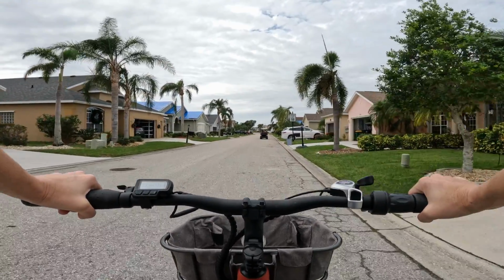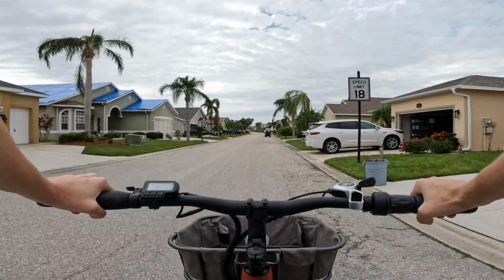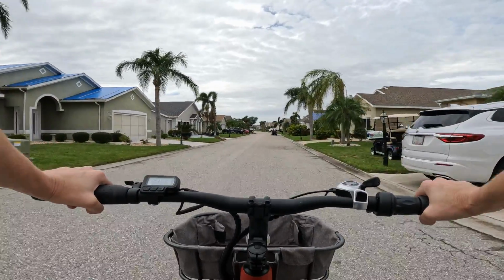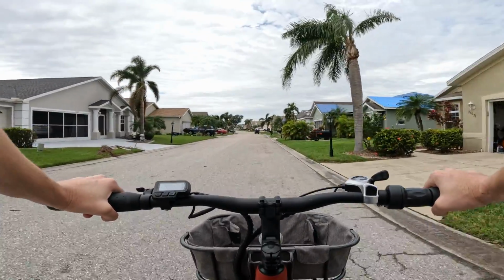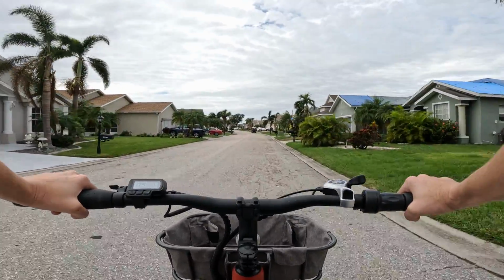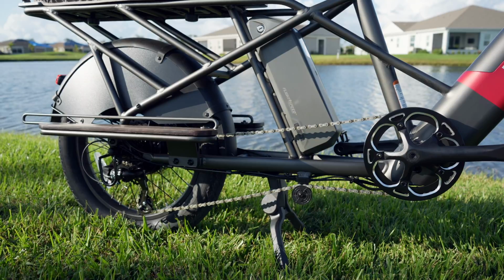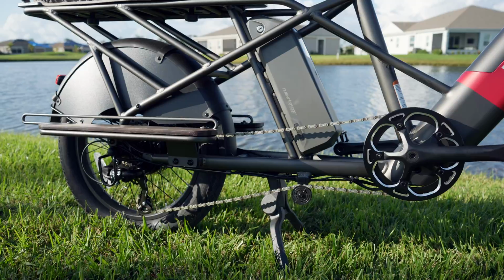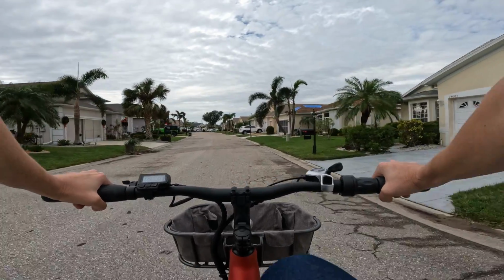I'm on a flat surface. I can definitely feel it in my legs, but ultimately I think I wouldn't want to pedal for too long in this mode if I had to. But the nice thing about this bike is that you have the option to get that extended range battery, and I just think that's a game changer for a bike of this use case that has the capability to